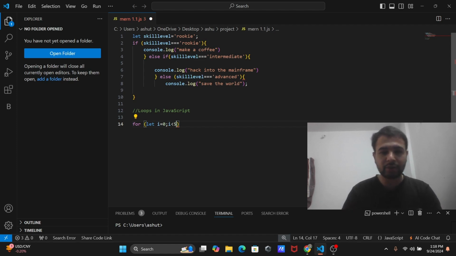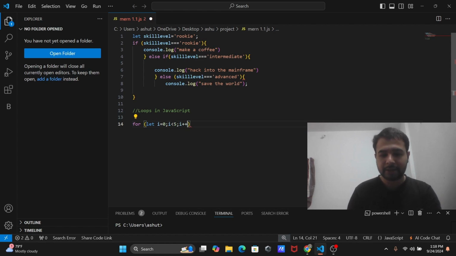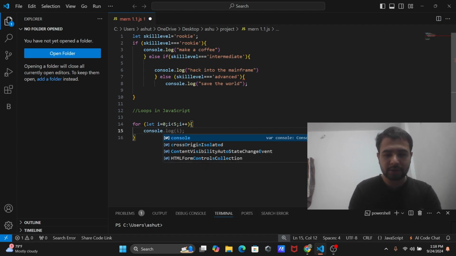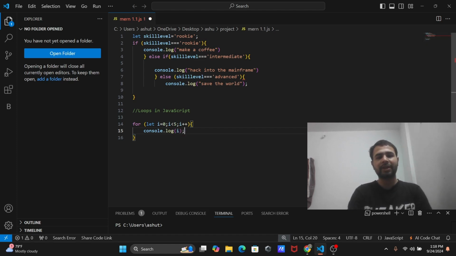So we are initializing i to 0, and when we get the output, it will start printing 0, 1, 2, 3, 4. That is why we have set i less than 5, because it cannot go more. And let's increment it, so the loop will run until we get the number 4. So we say console.log(i), right?